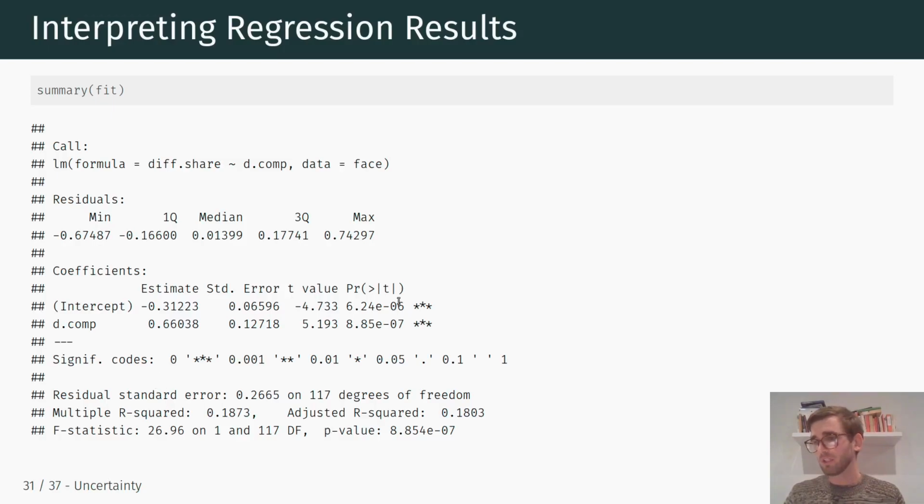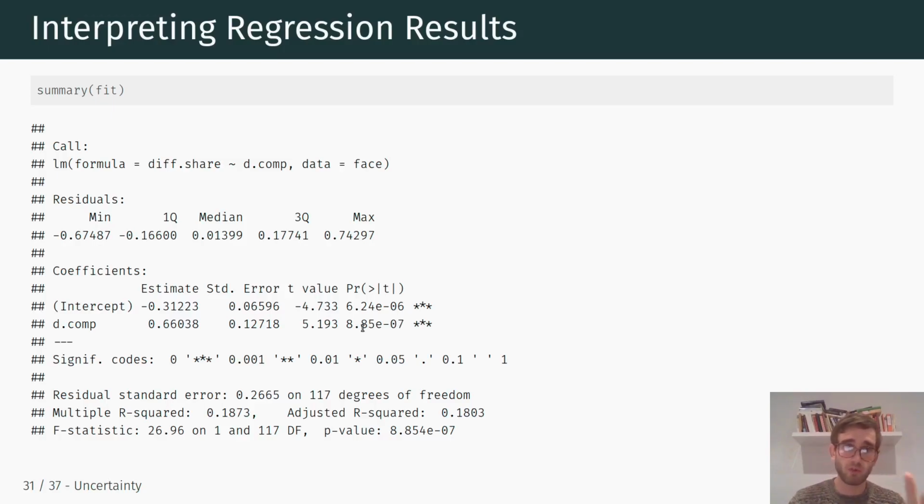Okay, so essentially what we see here is the p-value for that specific parameter under the null hypothesis that this parameter is actually equal to 0, right? And so we see that the p-value both for the intercept and for our slope parameter is extremely low. So that's 6 times 10 to the power of minus 6, and this is 8 times 10 to the power of minus 7. So